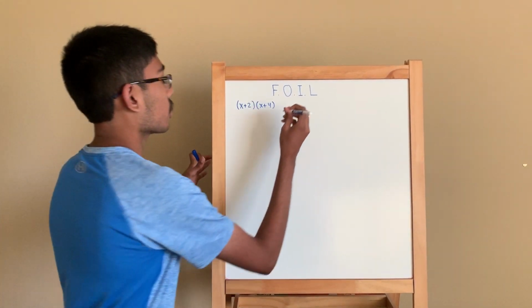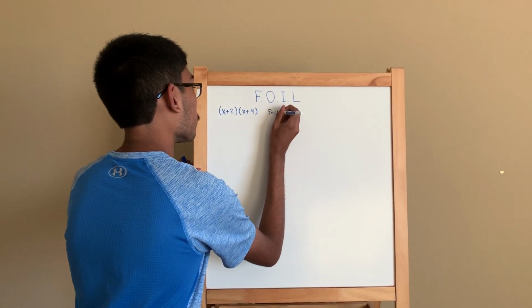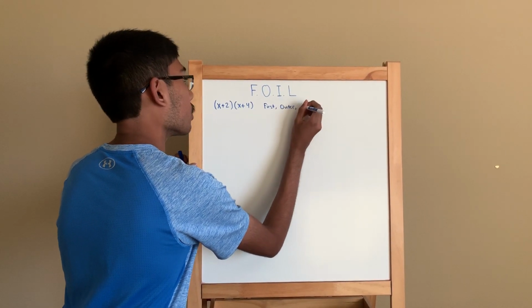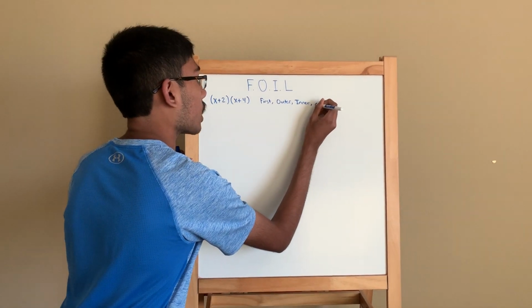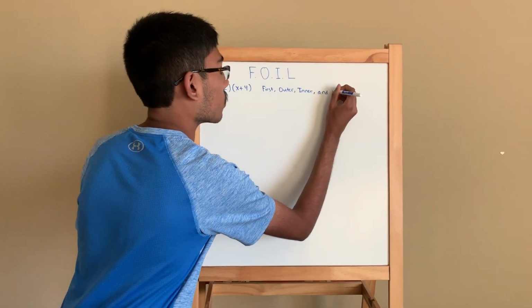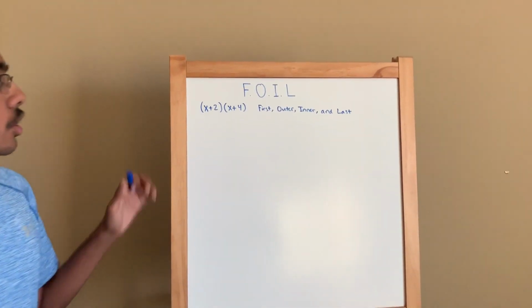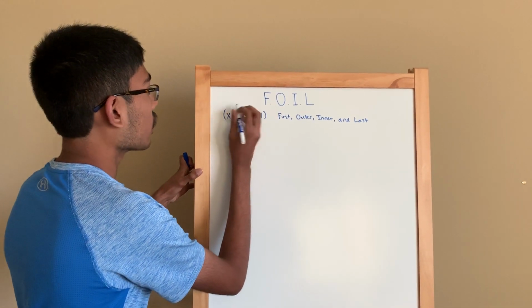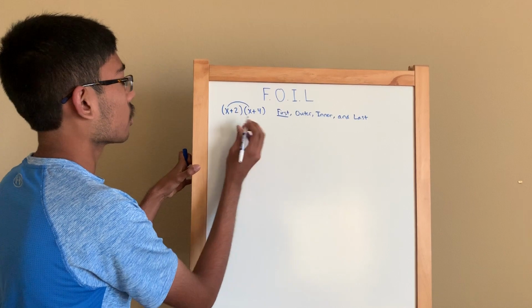FOIL is simply first, outer, inner, and last. So when you're solving this quadratic equation, first you need to take these two terms because they're first, and that